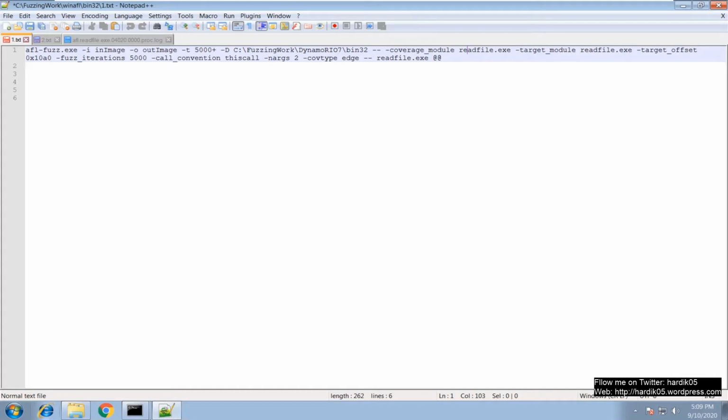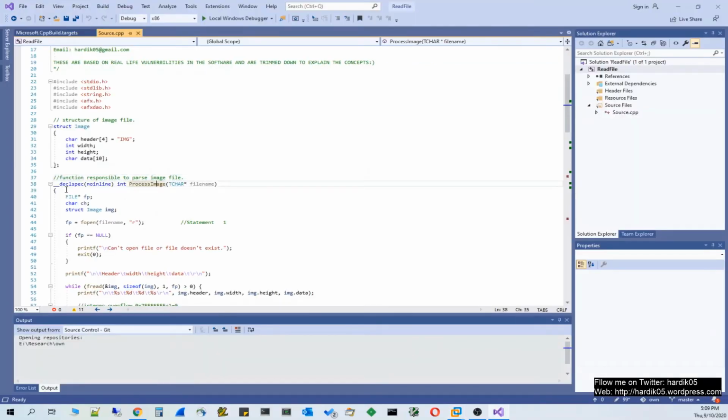in a single exe. But what happens if we have one read file.exe which actually calls another function from a DLL, say read file.dll, which contains all the file parsing functions, like we have seen over here? Suppose this function doesn't belong to this read file project, but there is a separate DLL file which exports this function.